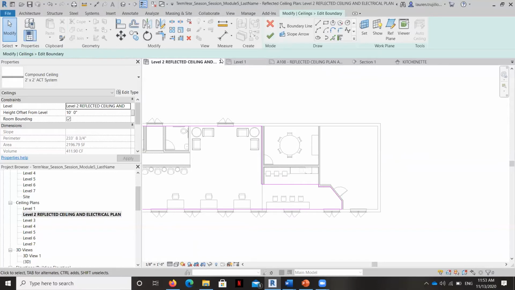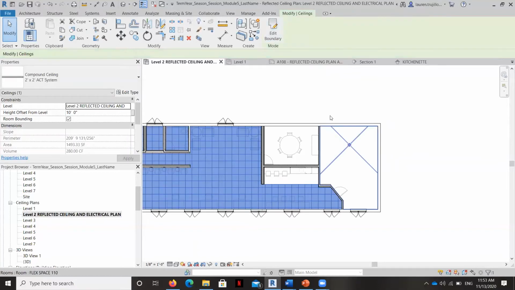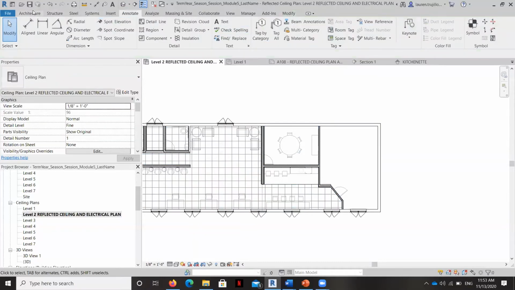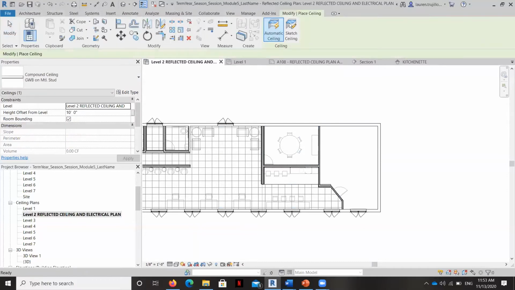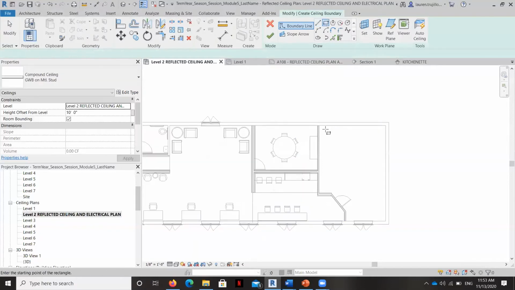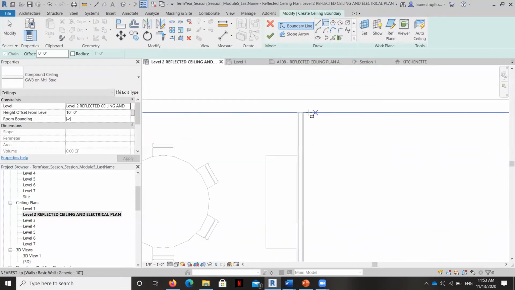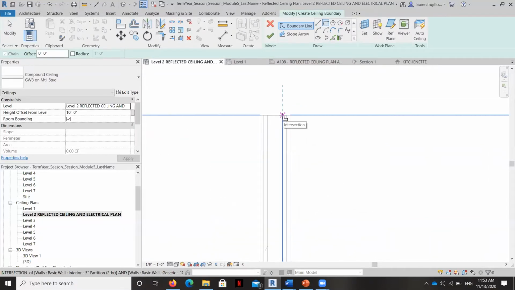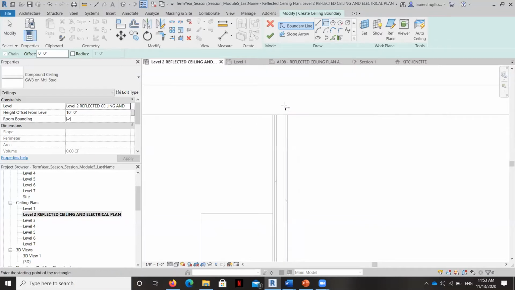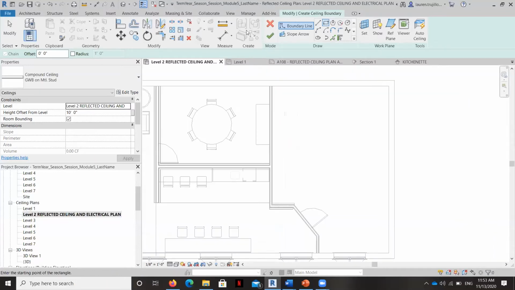Okay, so if I hit this check box, this is going to stay acoustical ceiling tile. I'm going to now just quickly add a gypsum ceiling in these two areas so that they have a ceiling. And you just go ahead and grab the interior of the wall. Let's see.